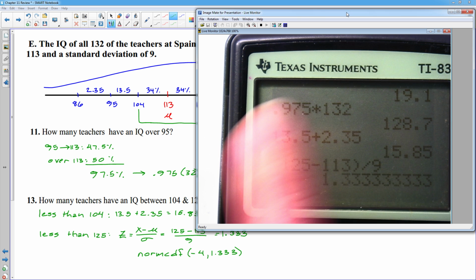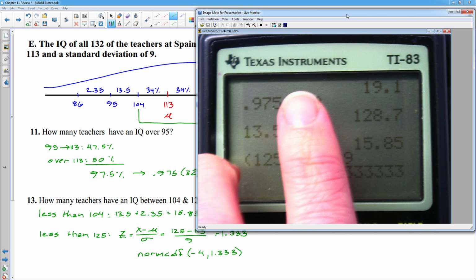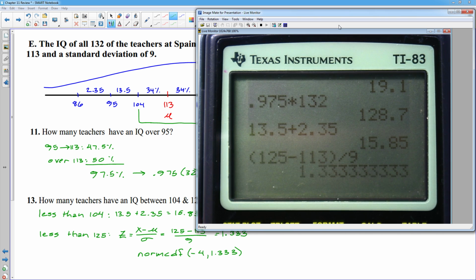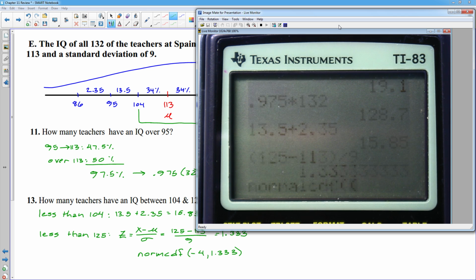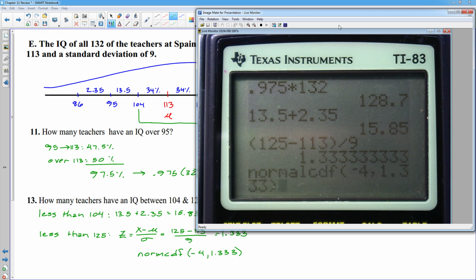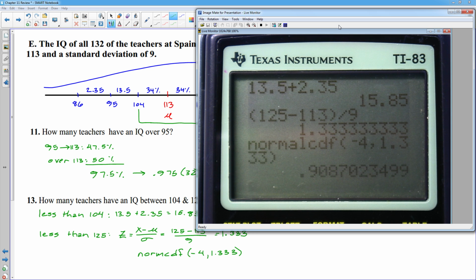So on the TI-83, the way you would find norm CDF, you hit the catalog button. So catalog is second 0. Open up catalog, and then you can either scroll down to the end, which would take a while, or you could hit the N button, and N is above the log button. So if I hit N, I will scroll down to normal CDF, and I will simply type in -4 comma, and then my z-score was 1.333. Hit enter, and you get a normal CDF of